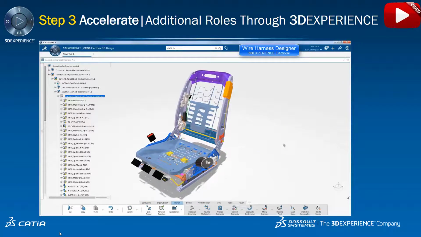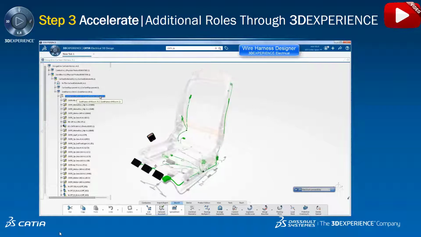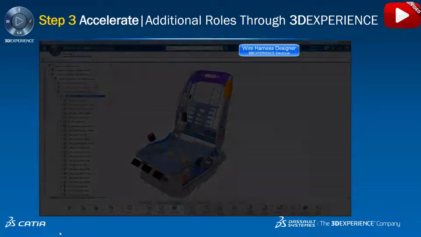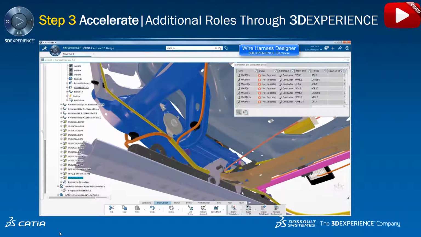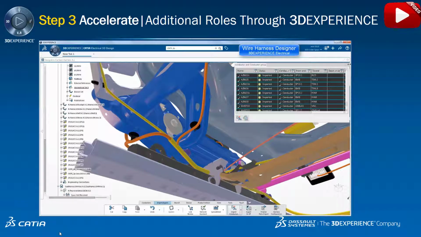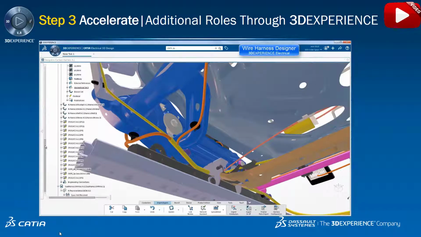We have capabilities to check the harness to see if everything is connected, that all the connectors of all the bundles are connected using network analysis. Since everything was green there, all is connected. Again, these are all 3DExperience electrical functionalities that help the designer create the harness much more easily than was the case in V5. The next step is to import the wires, the conductors coming from our own schematic system or